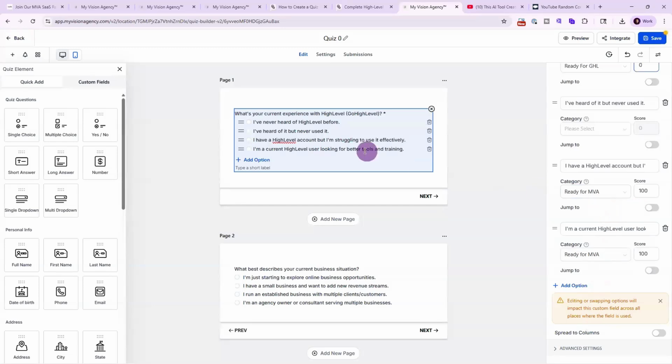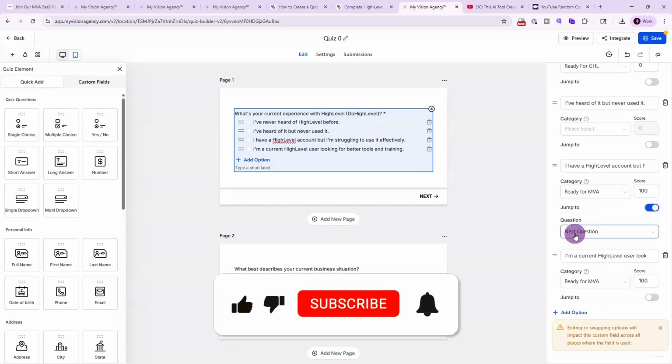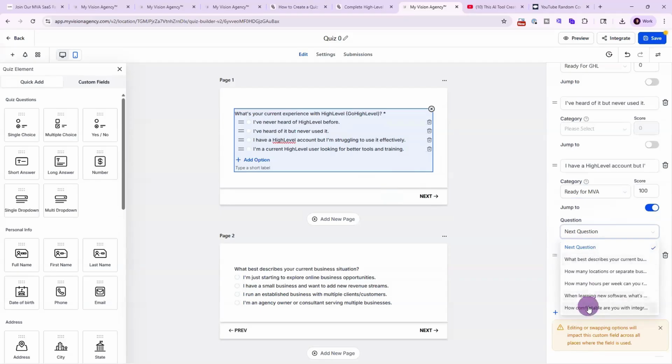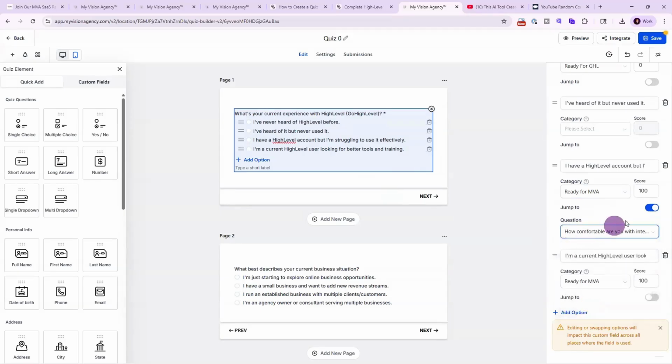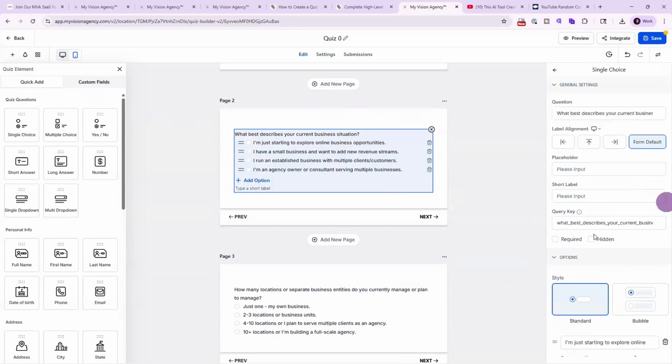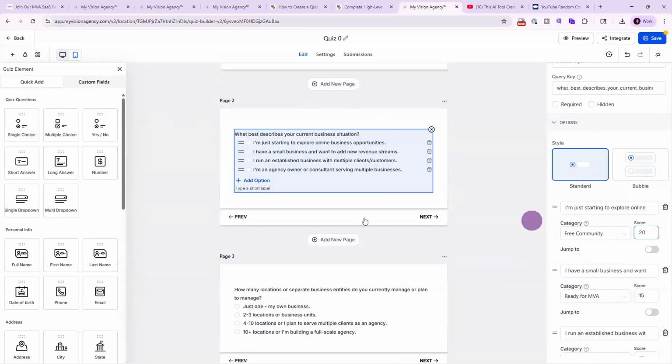Now, if you have an option where, as soon as they answer it, you want to immediately send them to a specific card, you can do that here. So let's say that if they answer question 1 with "I've never heard of HighLevel before," and I just want to immediately send them to the last question, I could do that here. Okay. So basically, you just need to enter in the questions and the answers and the category and the score